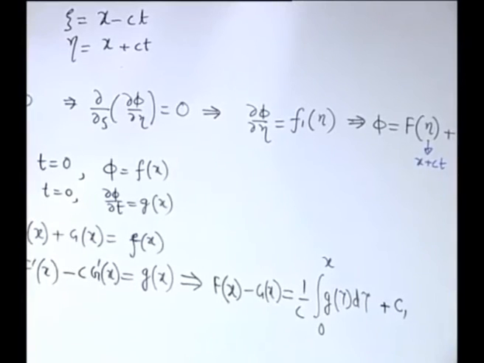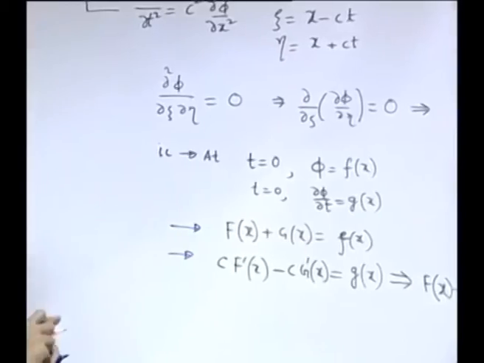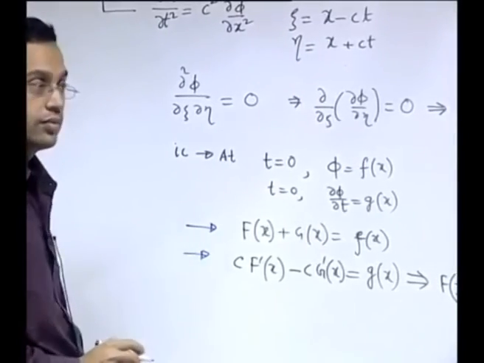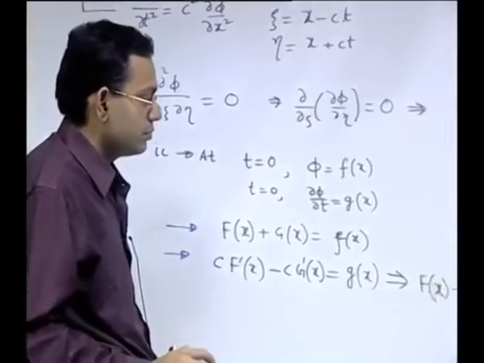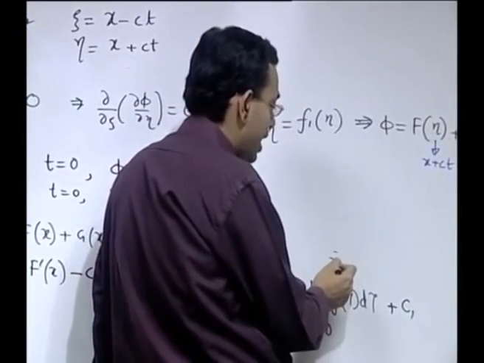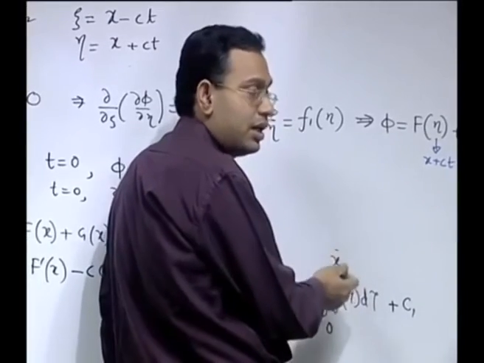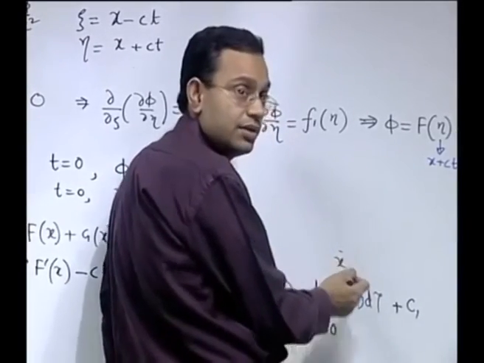So from these two equations you can now find out what is capital Fx and capital Gx. Sir, if you are putting that limit, how can you put that constant? No, because in this limit this is not an actual constant, this is a pseudo constant, this is a variable. So we are putting just the variable in the limit, this is not a constant limit.